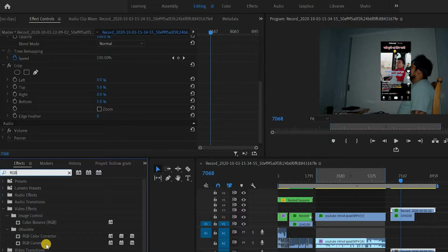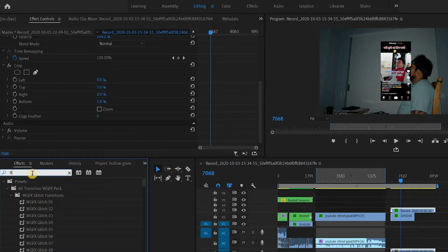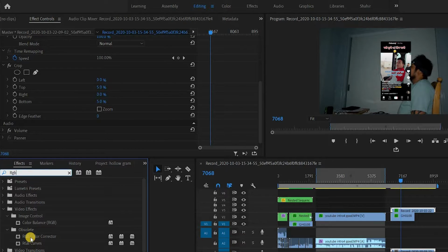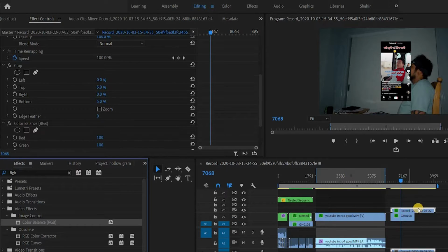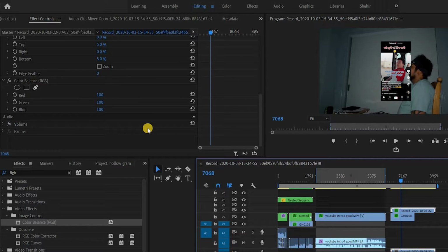RGB color balance. Go and put that in there with the phone screen. Just drag and drop. Okay, this is simple. I'm gonna explain it a bit slower than usual, guys, because sometimes the faster